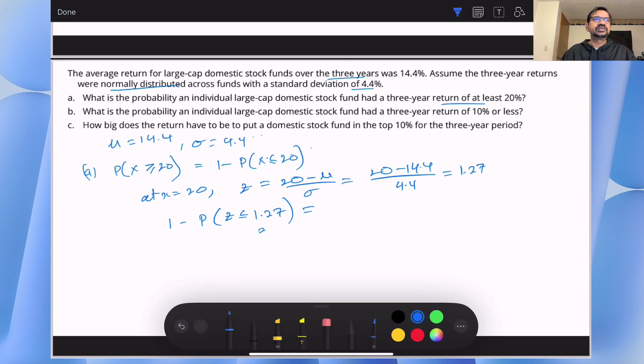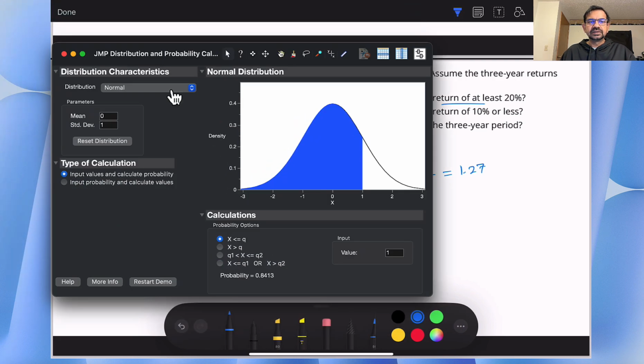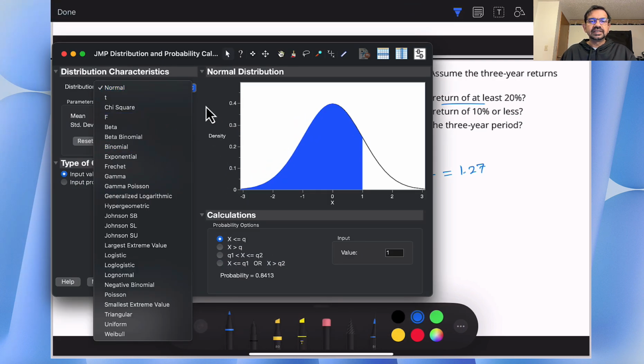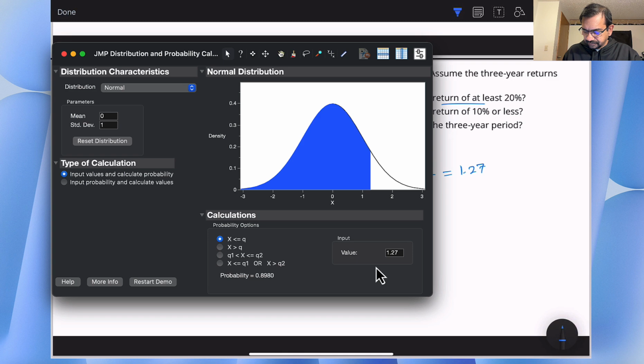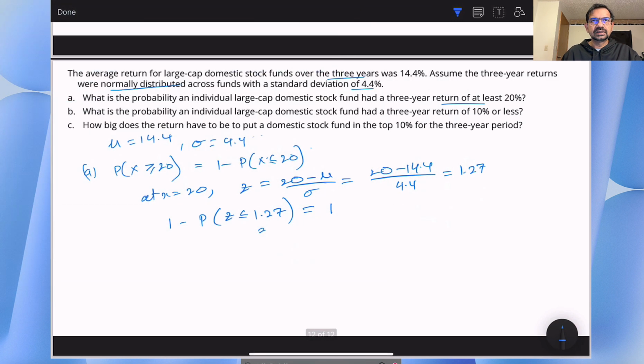So looking at the JMP calculator, we are looking at the standard normal, and we can find the probability that z is less than 1.27. So we get 1 minus 0.8980,